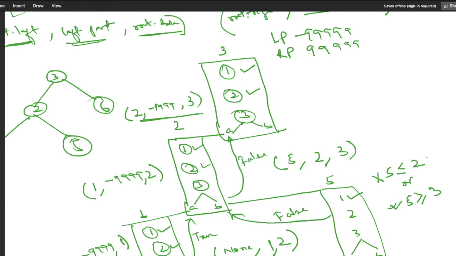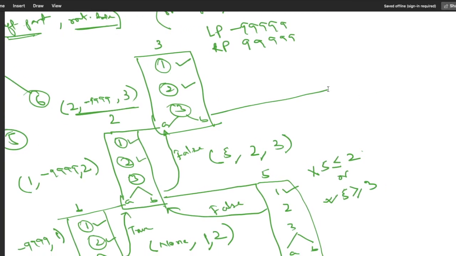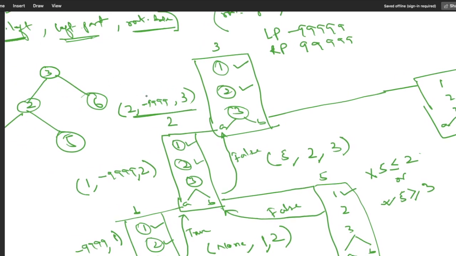Now we are done with the A part. Now we have to go for the B part over here. So for B part again we have 3 lines, 1, 2 and 3, and for 3 we have A and B, correct. Now here it will call root dot right. For 3, root dot right is 6.